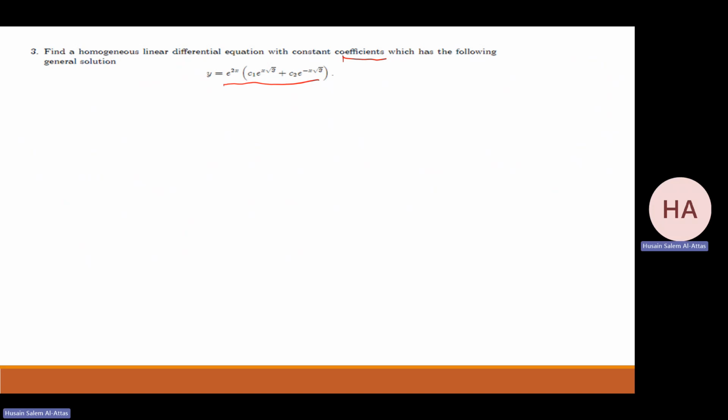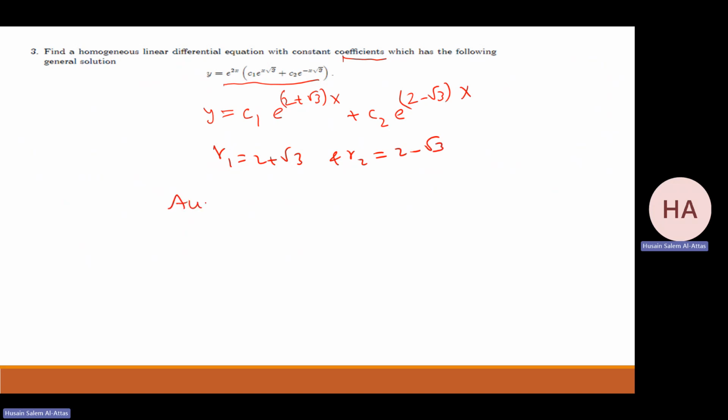From this, I have what? It is C1 e to the power 2 plus root 3 times x, and the other one, C2 e to the power 2 minus root 3 times x. So R1 will be 2 plus square root of 3, and R2 equal 2 minus square root of 3. So it will be my auxiliary equation. It will be R minus